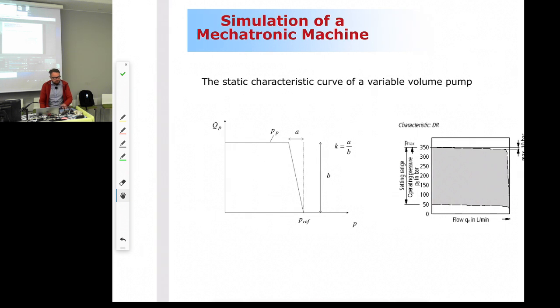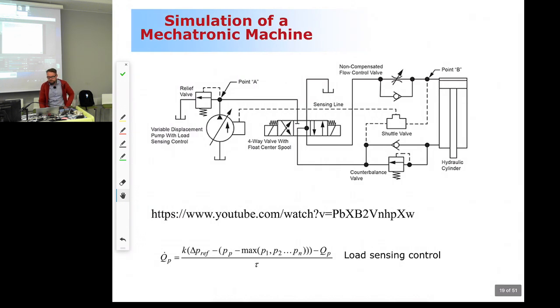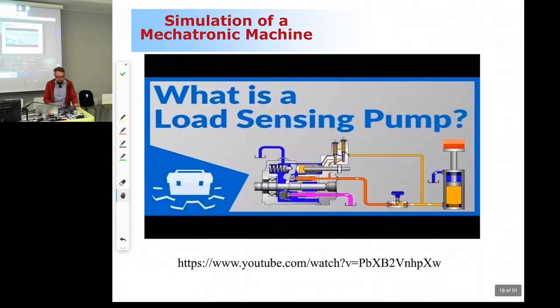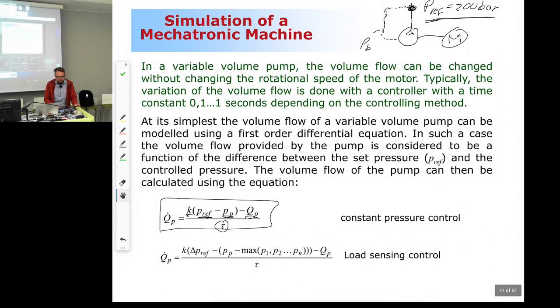All right, so we were here. So we just looked at the YouTube video concerning the load sensing pumps. Okay, the mathematical model for load sensing control is almost like the one we looked at here. So almost a little bit like a constant pressure control. The difference here is that